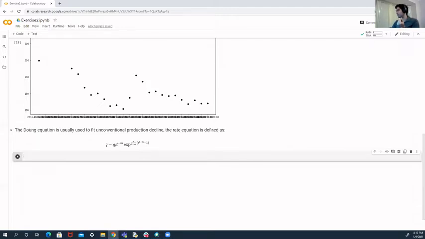equations. So one thing that we did the other day was pretty much define, let me see if I can write this. We have q equal qi times t to the power, and this is where I can use a math function, math dot power, and then in power I can put t and minus m, and then this is times the math dot exponential,